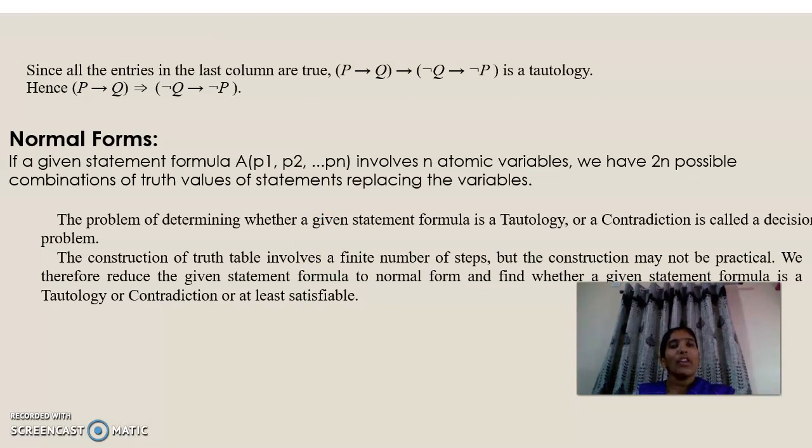And coming to the normal forms. Why do we use normal forms? If a statement formula has 4 or 5 variables, then we cannot easily write the truth table. For example, with 4 variables we get 2 power 4 possibilities, which is still possible, but with 5 different variables we have 2 power 5, that is 32 possibilities, and it is not practical to construct the truth table. That's why we go for normal forms, and the given statement formula can be generalized in the form of a normal form. Either we can prove that it is a tautology or that it is a contradiction, and by using normal forms we can prove that also.